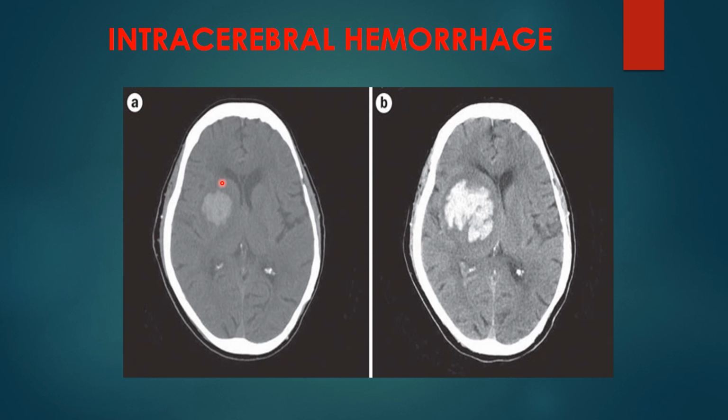As the fresh blood clots, it becomes solid. So an older hematoma will be bright white in color. So as you can see, this is a developing intracerebral hemorrhage. Here it's small, here it's bigger. This is the same person. Here you can see the midline has not shifted. Here the midline has shifted. This ventricle has been pushed to the opposite side, so mass effect has developed due to expansion of the hematoma.